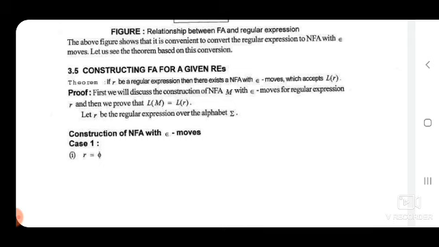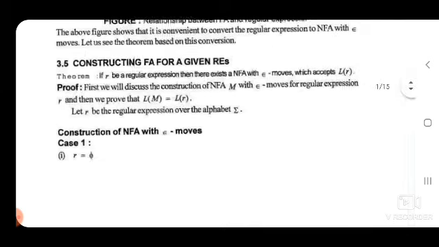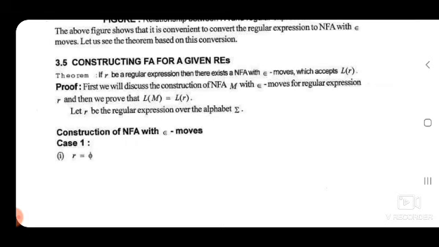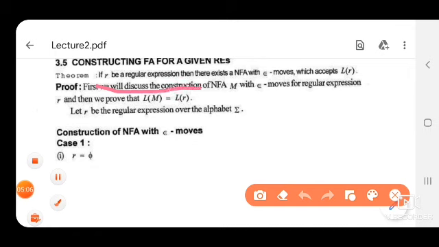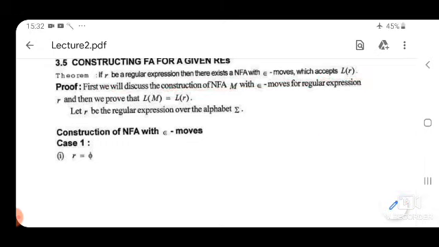Okay. So here you see that there is a theorem. The theorem says if R is a regular expression, then there exists an NFA with null moves, meaning we can get an NFA with null moves for each and every regular expression which accepts L(R). L(R) represents the language produced by the given regular expression. Okay.